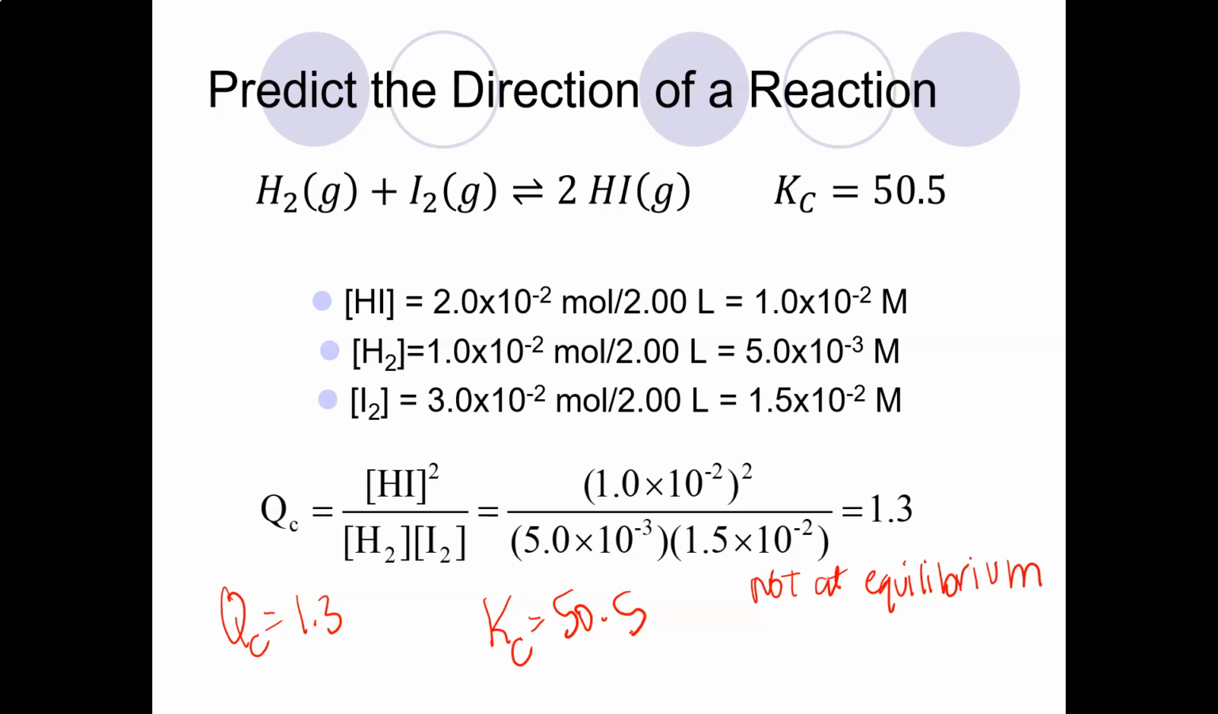So what we need to decide now is what needs to happen to get it to become equilibrium. Right now, Q is 1.3, and that Q needs to get to 50.5 in order for it to be equilibrium. So this number needs to get bigger. So which do I need more of, the HI or the hydrogen and the iodine? Well, if I want my number to get larger, don't I need more of this? So I need more HI, which is a product. And the other term for that is I need to shift